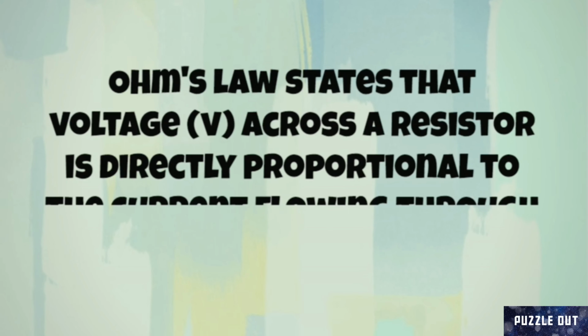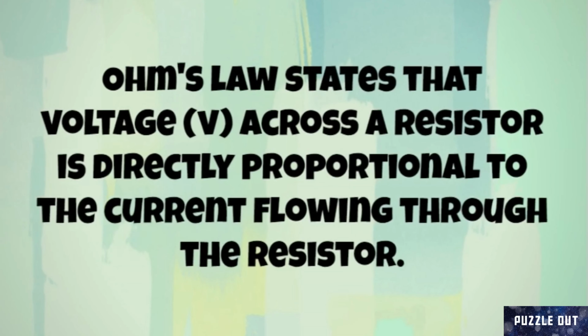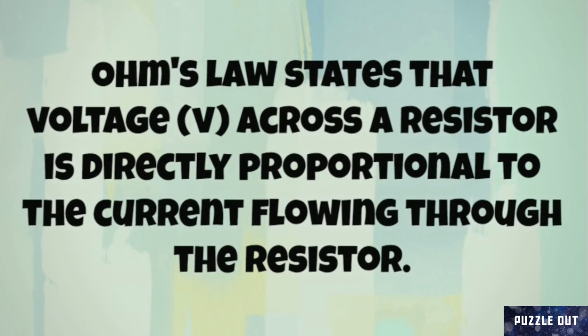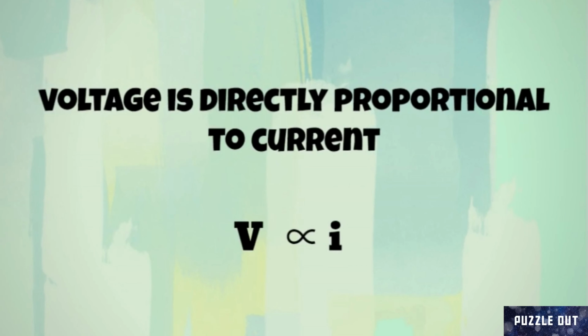Now coming back to Ohm's law, it was coined by George Simon Ohm. The law states that the voltage across a resistor is directly proportional to the current flowing through the same resistor. So this Ohm's law can be represented as follows, taking the statement that voltage is directly proportional to the current. So V is directly proportional to I. Here V is the voltage whereas I is the current flowing through the resistor.